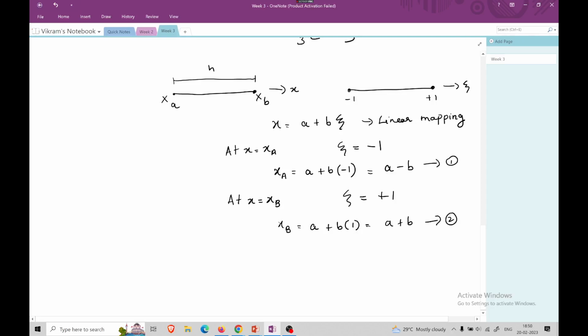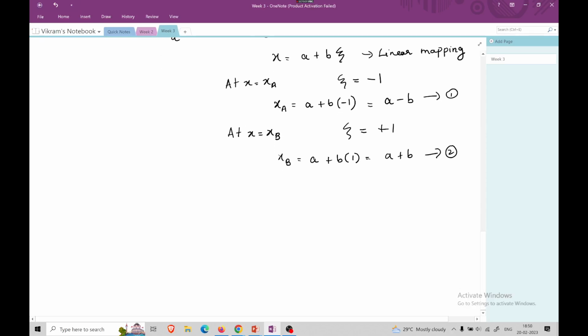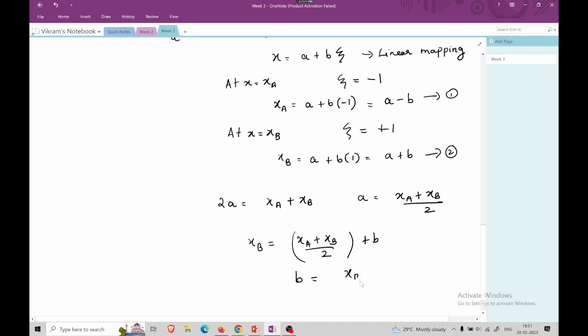So xa and xb you have. What I can do is add both the equations. I get a plus a minus b and a plus b, b cancels out. I get 2a is equal to xa plus xb. So a is equal to xa plus xb by 2. I can substitute this a in any one of the equations to get the value of b. Let us say I substitute in the second equation, xb is equal to a plus b. So a is xa plus xb by 2, plus b. So b I have to subtract, and this becomes xb minus